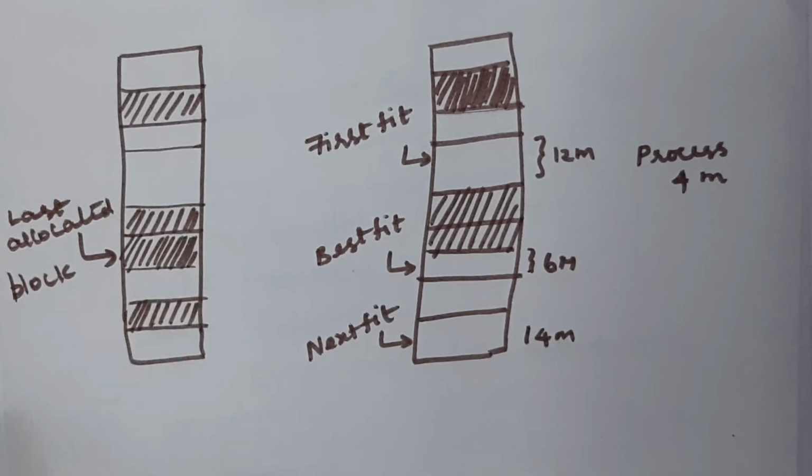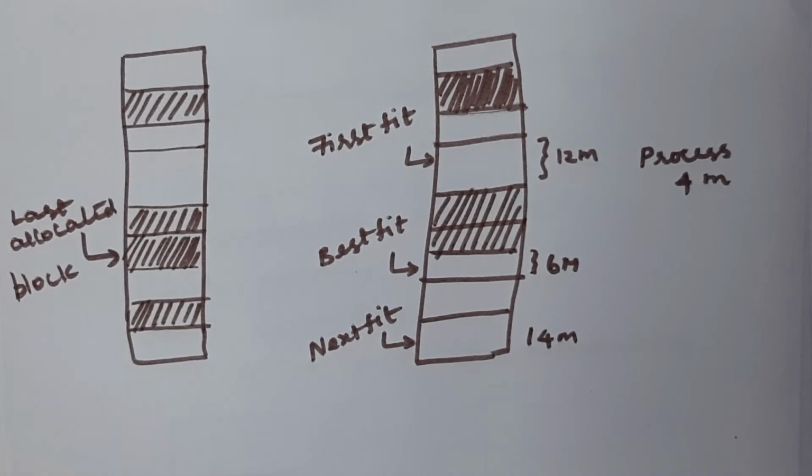According to first fit, if you follow that technique, you can insert the process. You need to search the available partitions from the very beginning, from the top of the memory to the bottom. If you find any memory that can hold the incoming process, suppose your process size is 4 megabytes, and you find a partition size enough to hold that particular process, that is first fit.